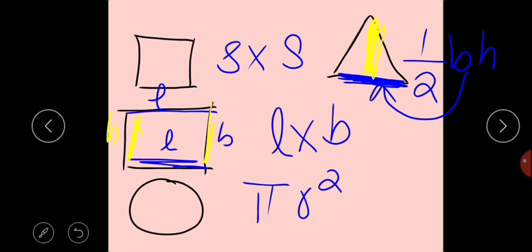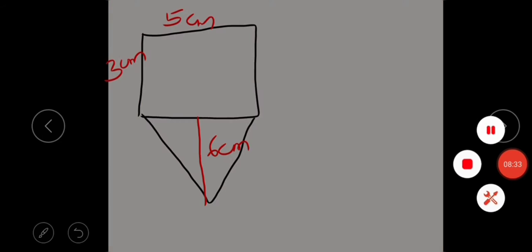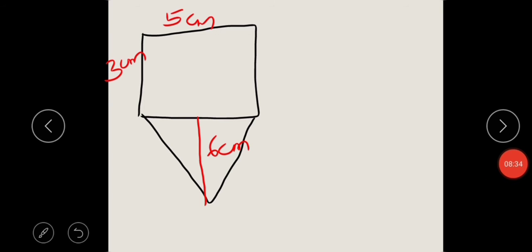So basically, let's go to an application question to test how we calculate the area of such a shape. So here we are given a question regarding how to calculate the area of this complex shape when we have two or more shapes joined together. So we have a composite or a complex shape. If you see over here, we have two shapes joined together here. We have a rectangle and we have a triangle shape here.